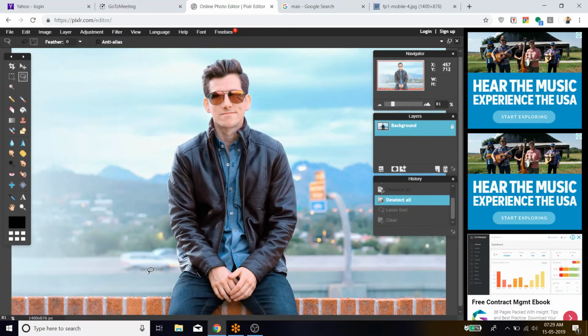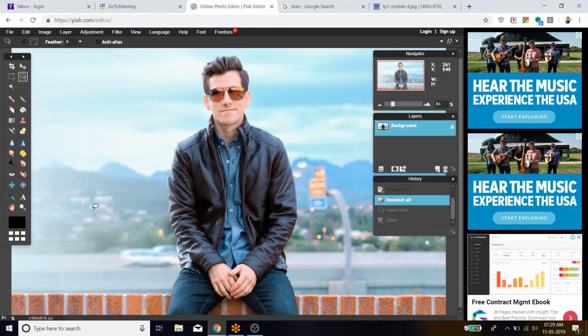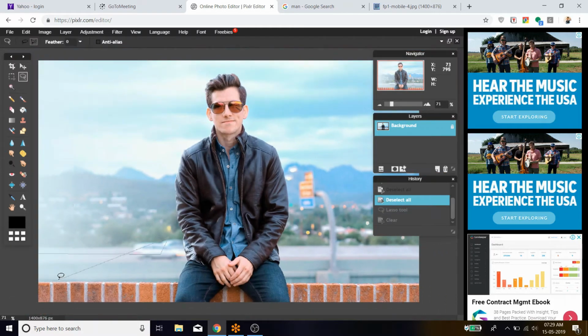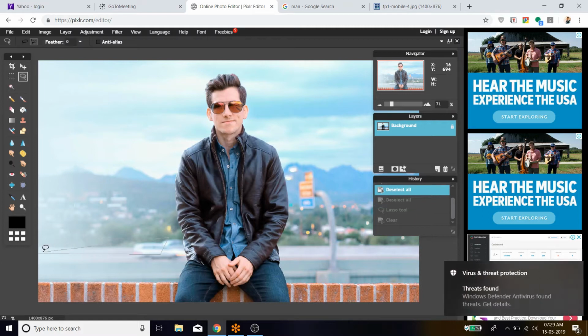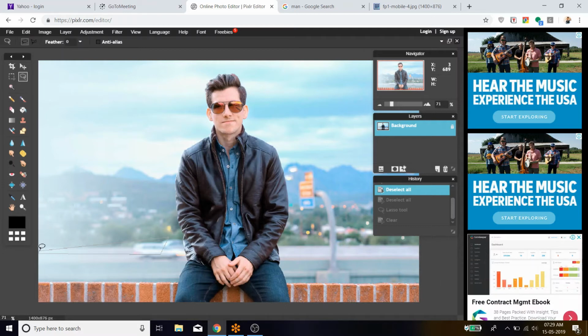Okay, here you can see that when I scroll, when I zoom in, zoom out, at the time of selection, the selection value goes wrong. So let me close the circuit. Yeah, I have closed the circuit. You can see now if you press delete button, you can see that the background has been removed.